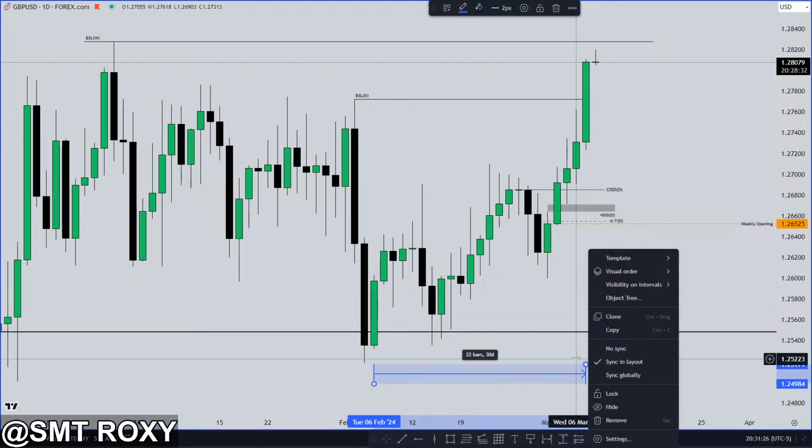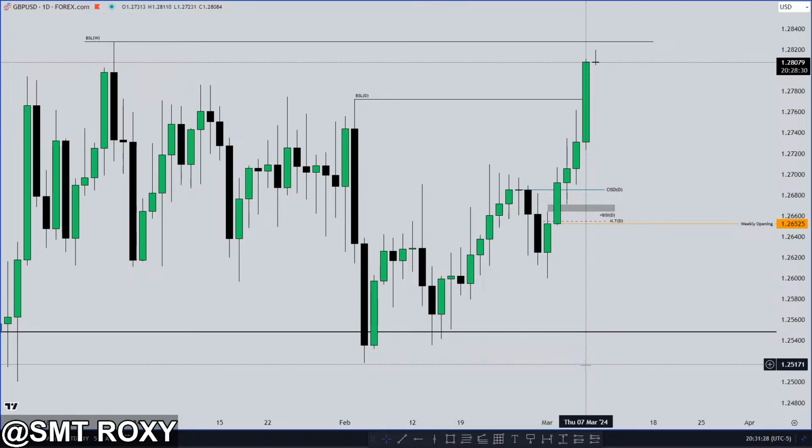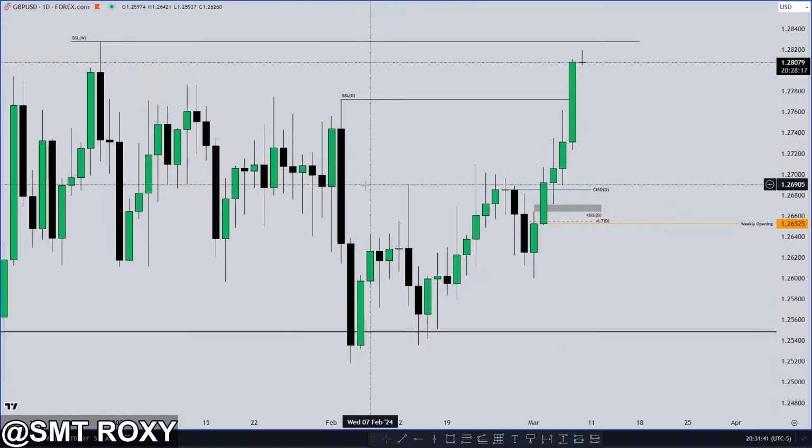If you're inside of a range and you're trying to trade inside of a range, especially on the higher time frame, your trades are not going to be high probability, brother. I promise you. And that's something I've realized. Even on the lower time frames, I'm trying to not trade inside of a range. I don't want to take a trade if I'm inside of a range.